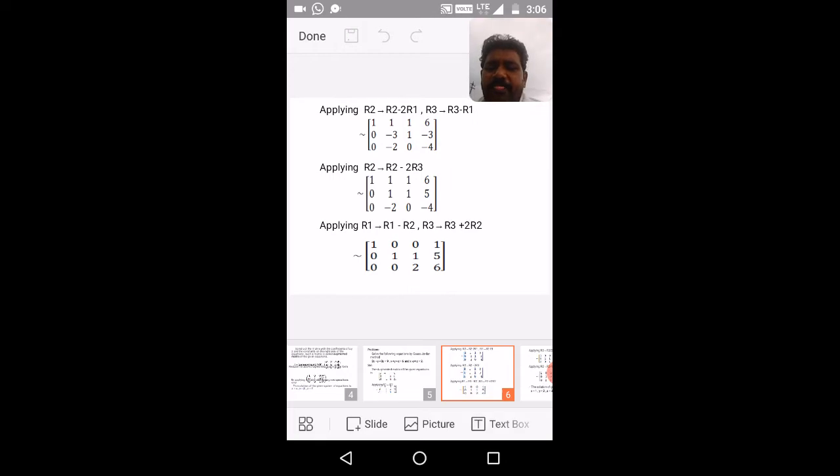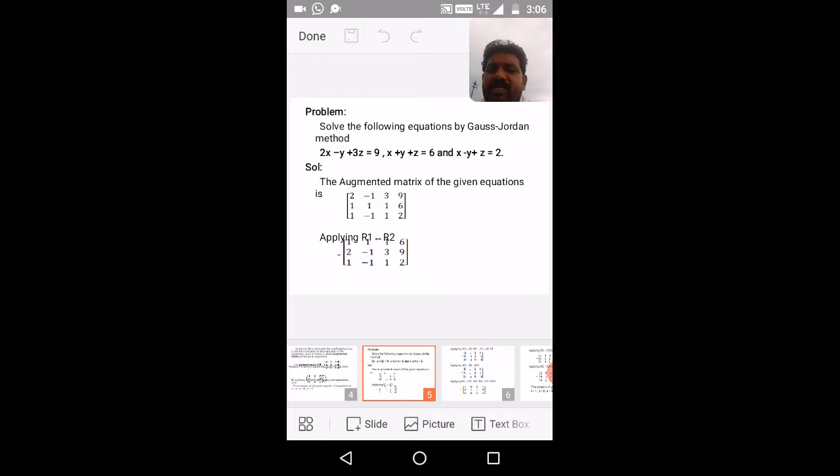So that's why, here the first element of the second row is 2 and the first element of the third row is 1. Okay, so to make this 2 as 0 using R1, first you have to multiply all elements of R1 by 2 and then subtract the second row from the corresponding elements of the first row, which are multiplied by 2. And the first element of the third row is 1 and the first element of the first row is 1.